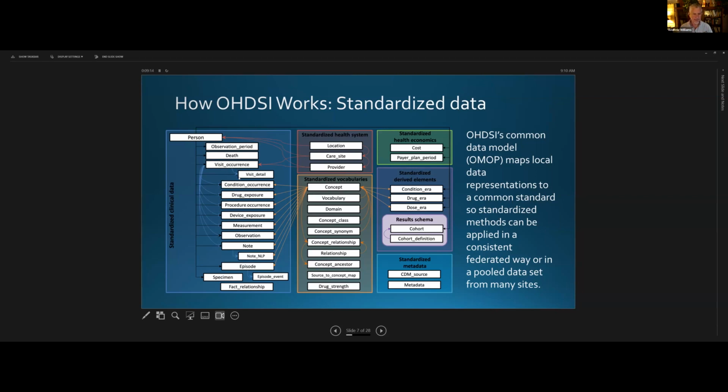All the rest of that information is linked to the person through their visits, which gives you a sort of a movie, what happened over time to the individual. The key thing that's made all of this work and so successful is this lower rectangle right in the center,